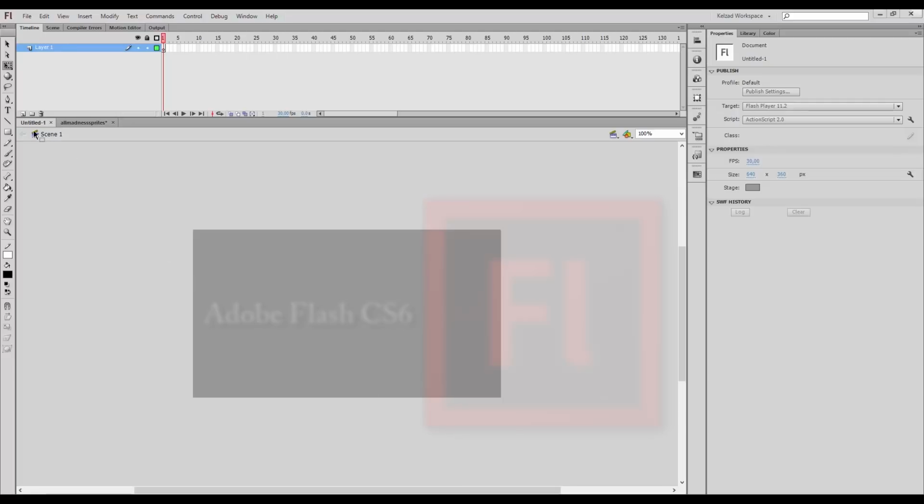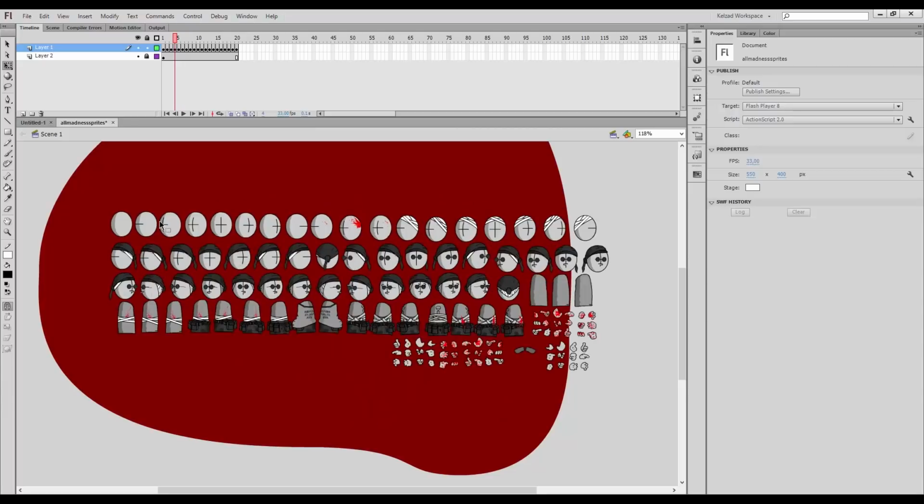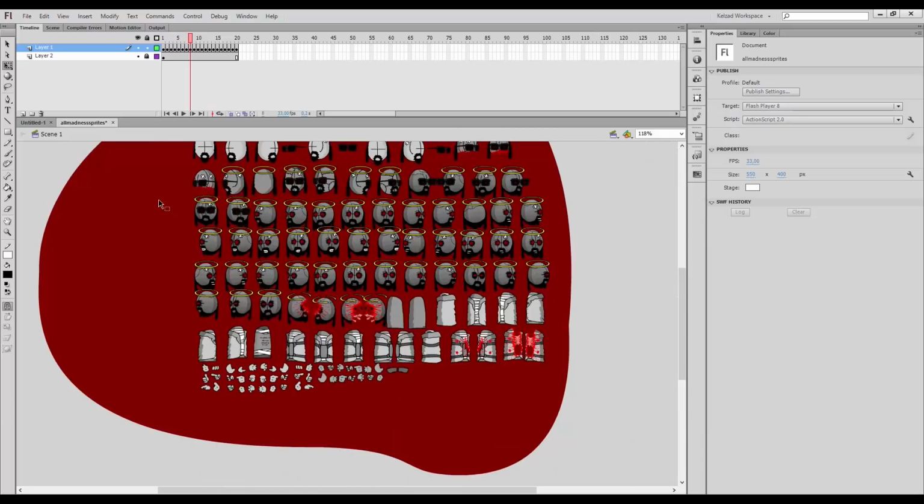So first of all, as you can see, I have an untitled document here in Flash. It's just default is called Untitled 1, and as you can see here, I have another one open called All Madness Sprites. Now this is a very like your starter set, so to speak, in animation stuff with Madness. This is something you can easily find by googling Madness Combat Sprite. This is commonly used by a lot of people, although I wouldn't myself